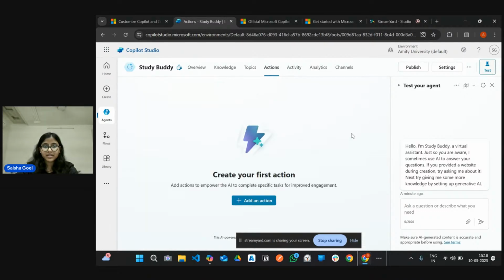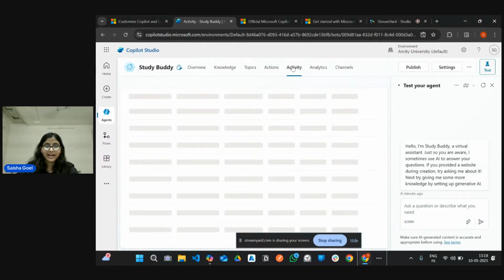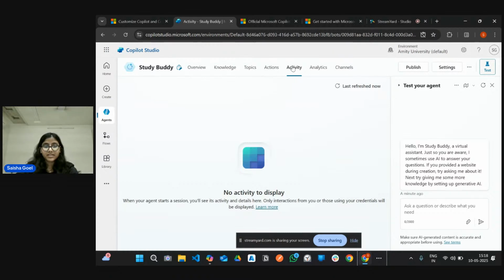Actions is basically if we want our AI agent to perform a particular task, like anything, if we want our AI agent to give us a particular response for a particular task. So that is actions. Then activity is basically, when we publish our agent and it is being used, we can see our activity here.